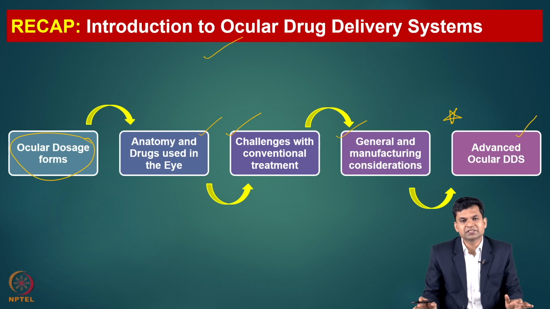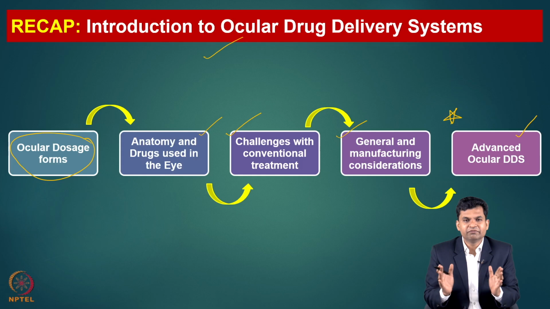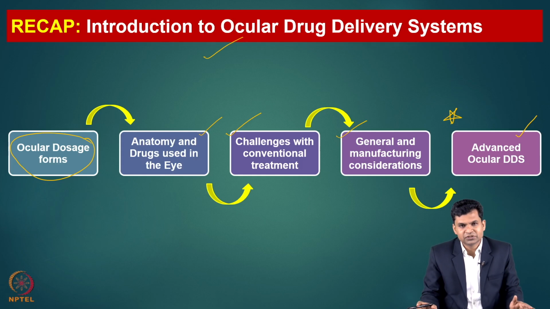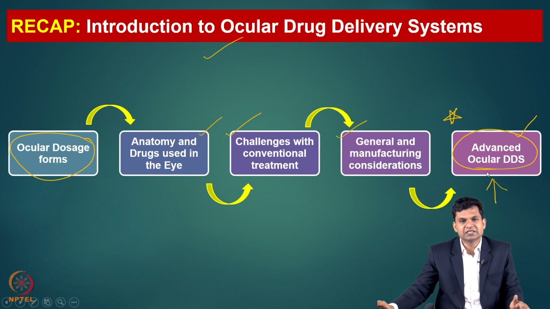There we discussed in detail the various types of platforms which come under the category of advanced ocular drug delivery systems, which are typically nanotechnology based formulations, implants and microneedles. So, today we will discuss